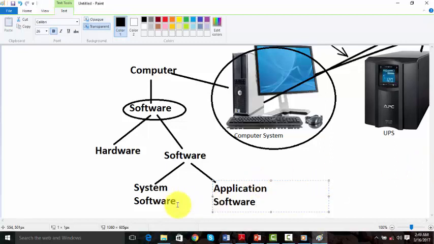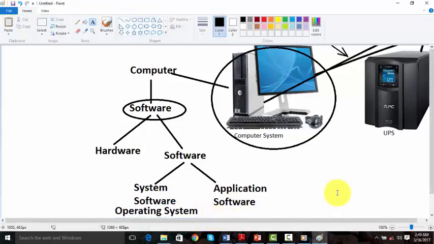So now what we are saying is that the other name which can also be used for system software is operating system. First, let me just move this. I drag this. Okay, we can type like this. So the other name which can be used for the system software is the operating system.